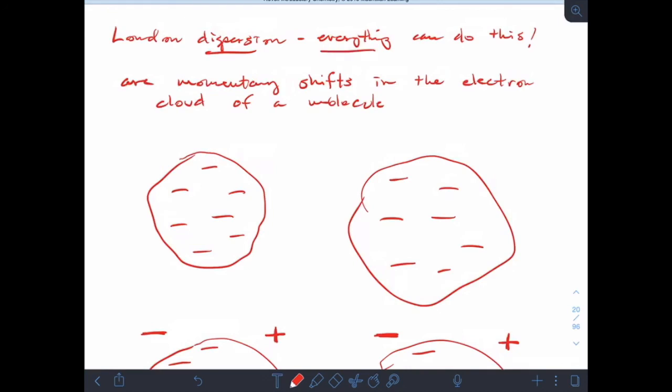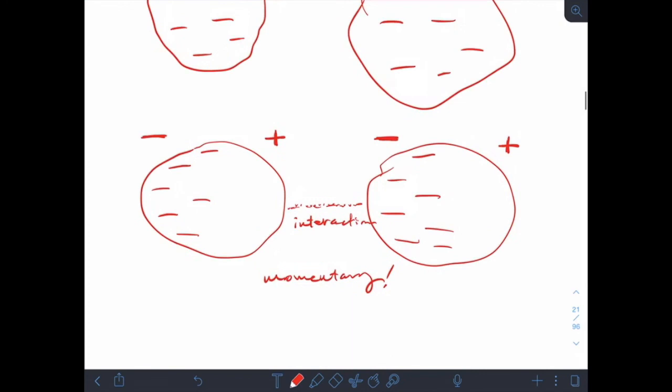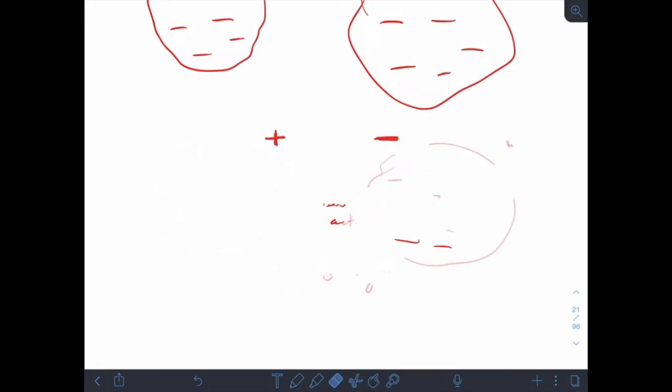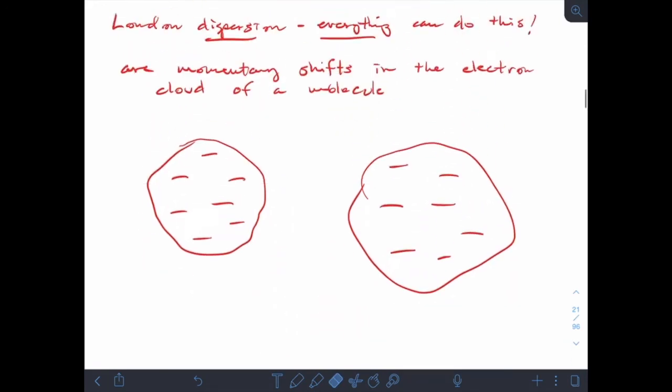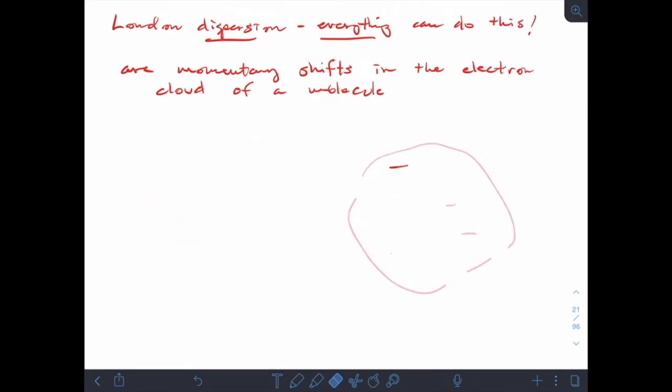All molecules have an electron cloud, and that's all you need in order to do dispersion forces. So when you're deciding what forces a particular molecule has, dispersion forces is always going to be one of your answers. Okay? But because this is a momentary interaction, that means this is also a weak interaction. So, just like in class, I'm going to take a moment and erase. And we're going to talk about our next type of interaction.